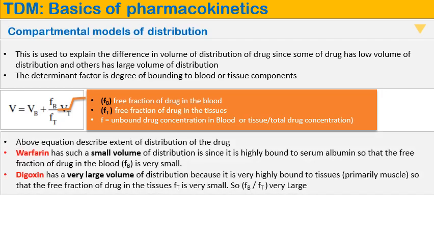This equation describes the extent of distribution of a drug. For example, warfarin has a small volume of distribution. It is lipid soluble, but because it is highly bound to albumin, the warfarin is known to be highly bound to albumin. The degree of binding to albumin is